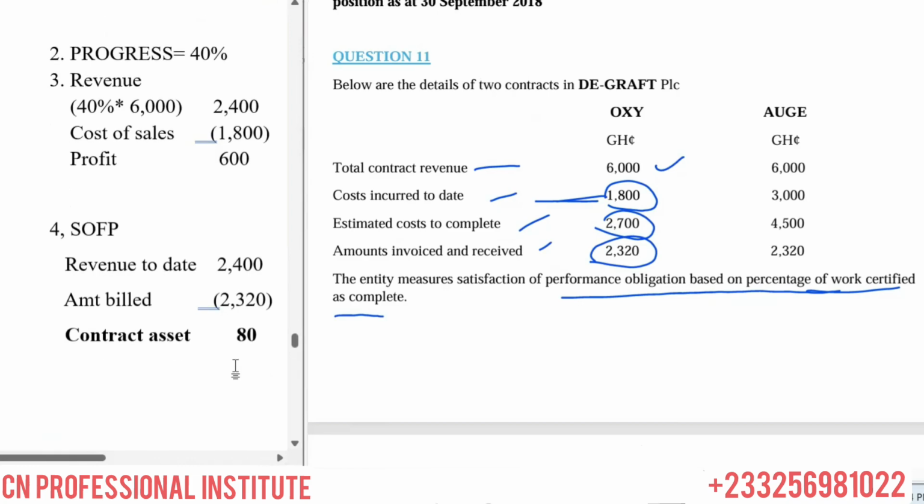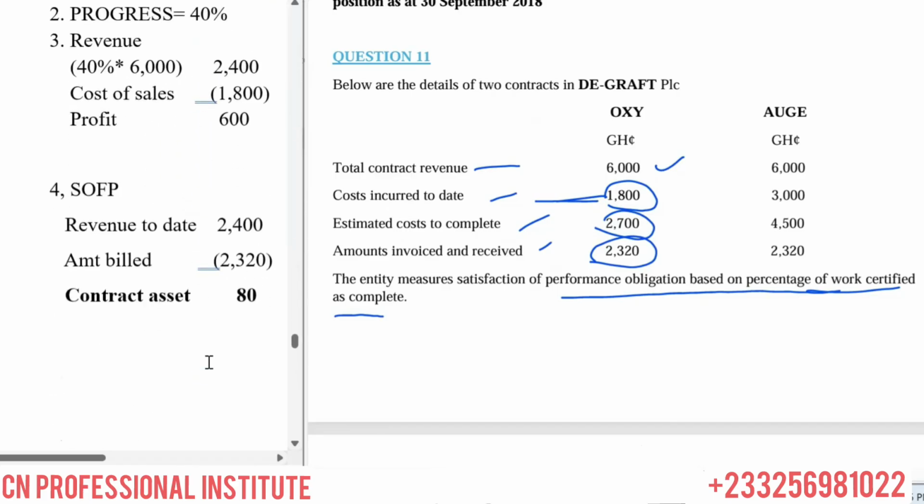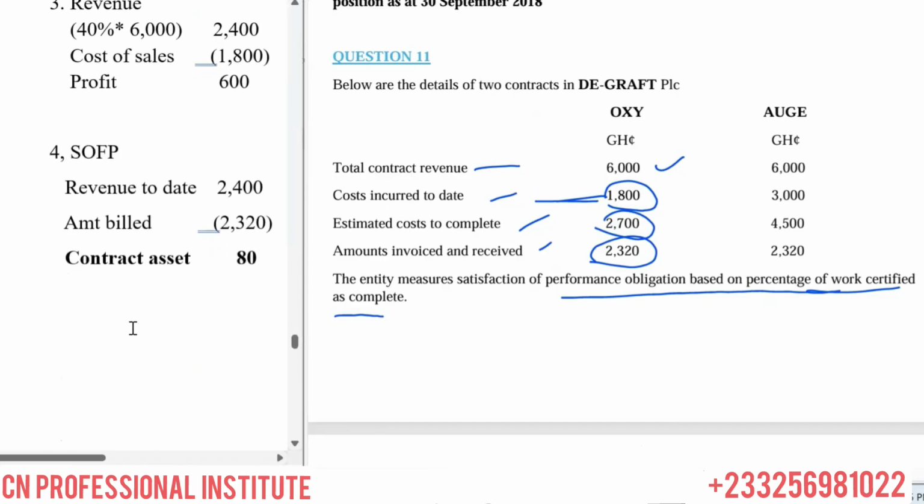Then the statement of financial position, revenue to date, which is what? 2,400. That's the revenue we've got in the P&L because this is the first time. And then we deduct the amount billed. Let's go and look at, we are still looking at A. A says we use 40% progress. So let's go and look at